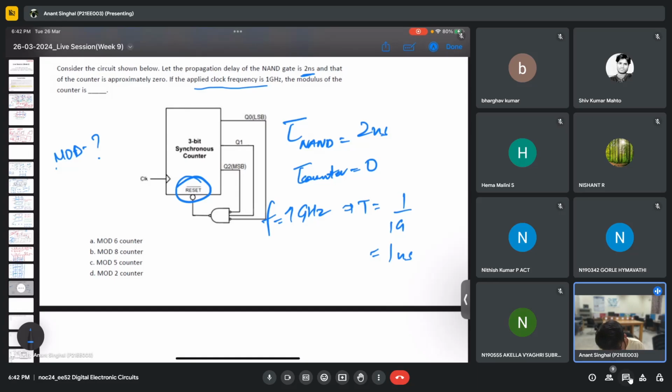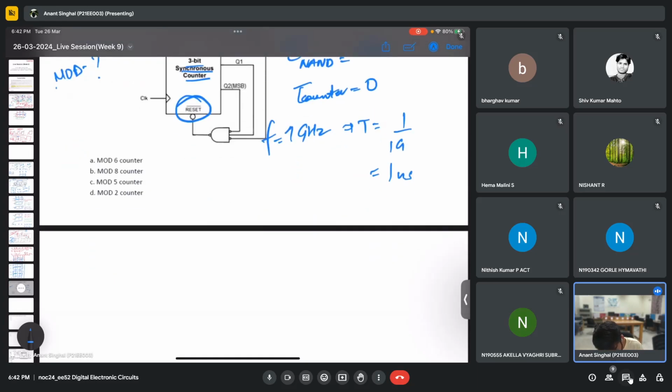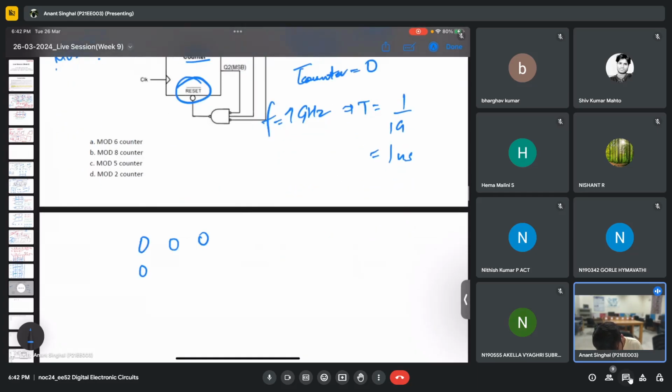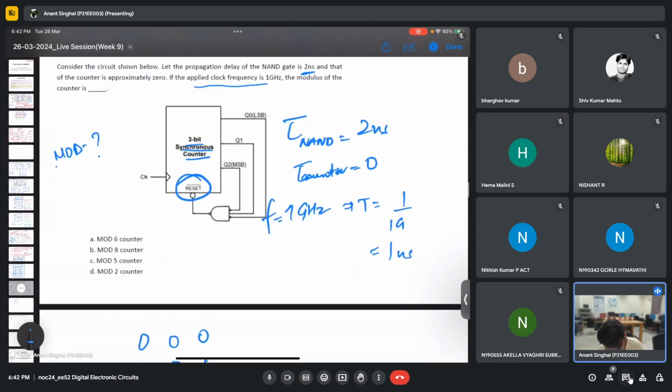So now this is nothing but a 3-bit synchronous counter. So that means, let's consider it as an up counter only. So it is going from 000 to 001 to 010 and so on. So we'll consider each and every state because of this reset pulse. So what does this reset pulse do? Since this is a reset complement, or if there is a bubble here, so if